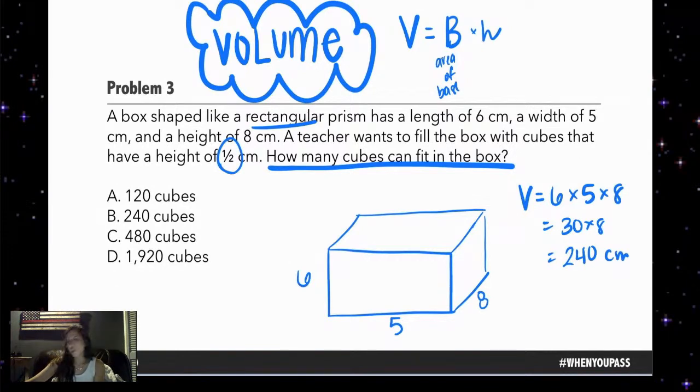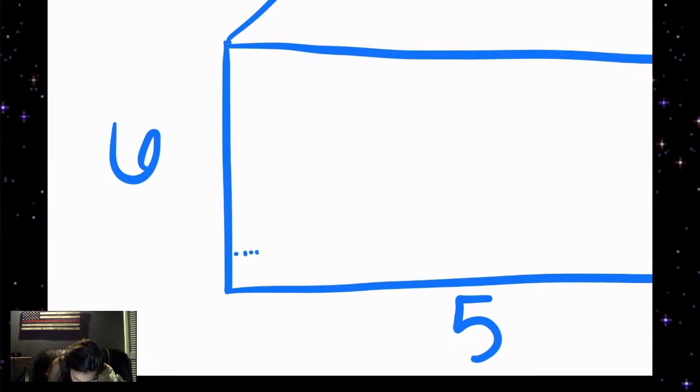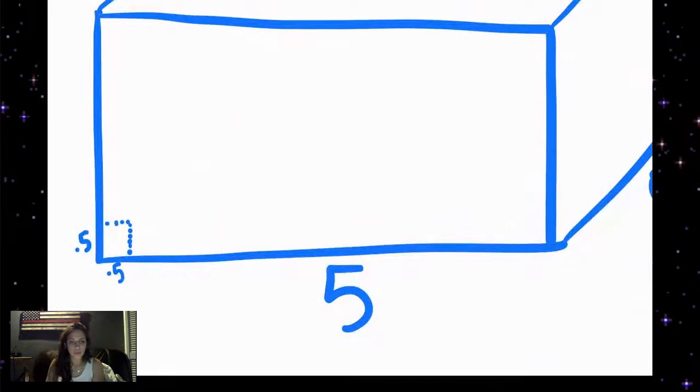But when we're talking about volume, that is not how it works. I want you to visualize it. It's a cube, so it's a 1/2 all the way around. So if I draw a little 1/2-inch cube in here, I'm going to zoom in. It's 0.5 and 0.5. And it's going to go 0.5 in the other way. How many 0.5 centimeter cubes can I fit going along this 5 centimeter section? Well, I'd have to have 2 of them to make a whole centimeter, right?